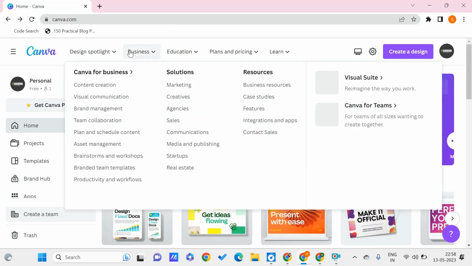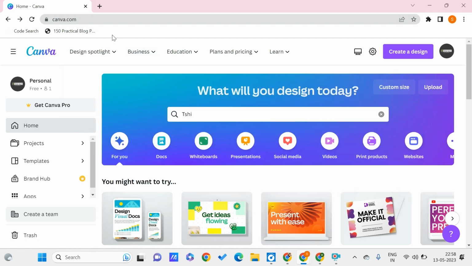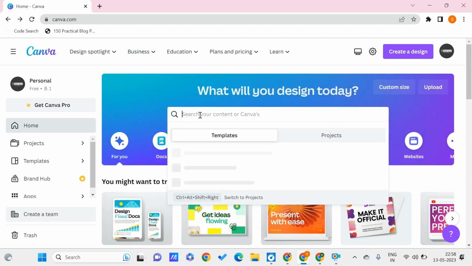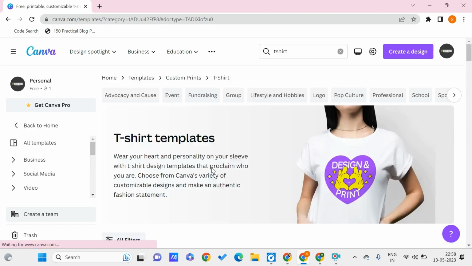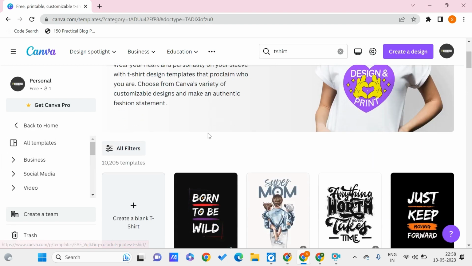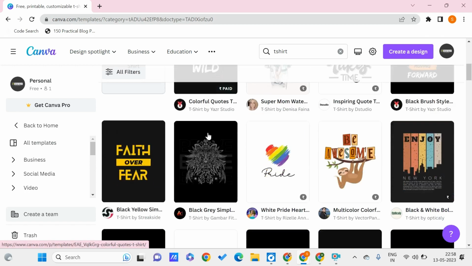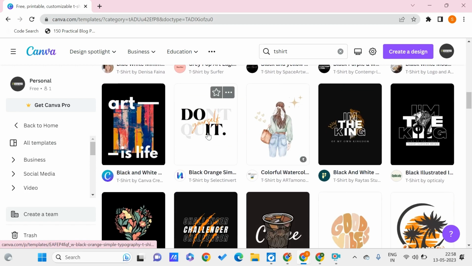Here we are on the canva.com homepage, and now to create the mockup, let's say that I want to create a t-shirt design. So let us search for the t-shirt, and we could find this. Click on this, and Canva will be generating different templates of t-shirt designs. You can choose one among these and edit them according to you, and you can customize these templates,